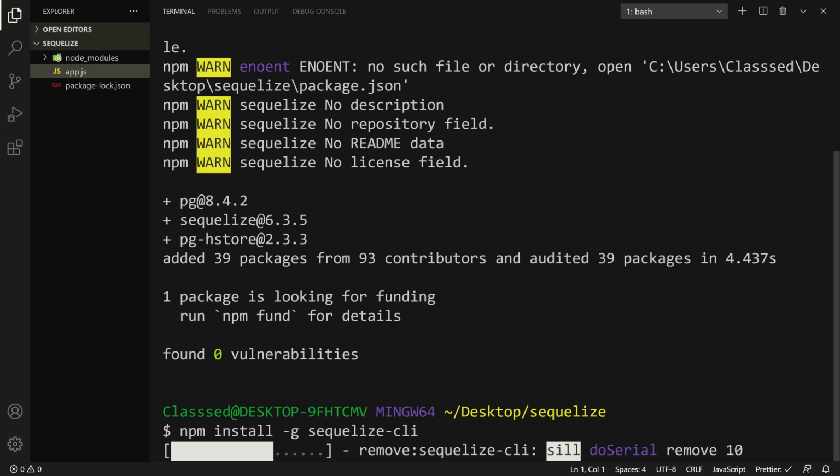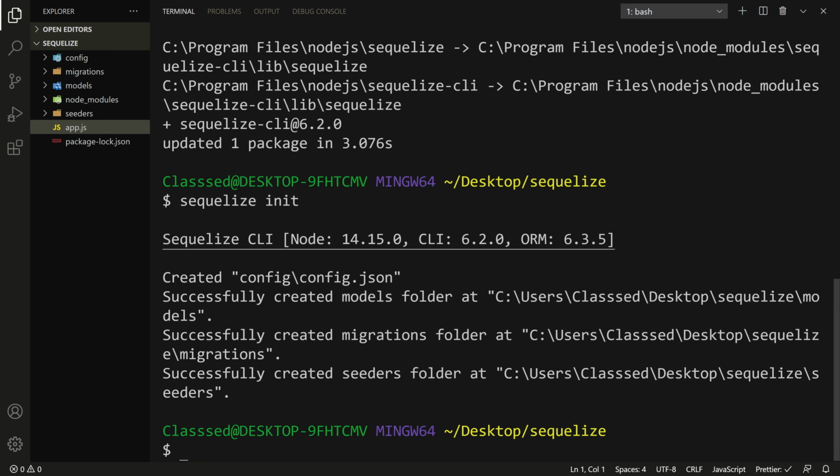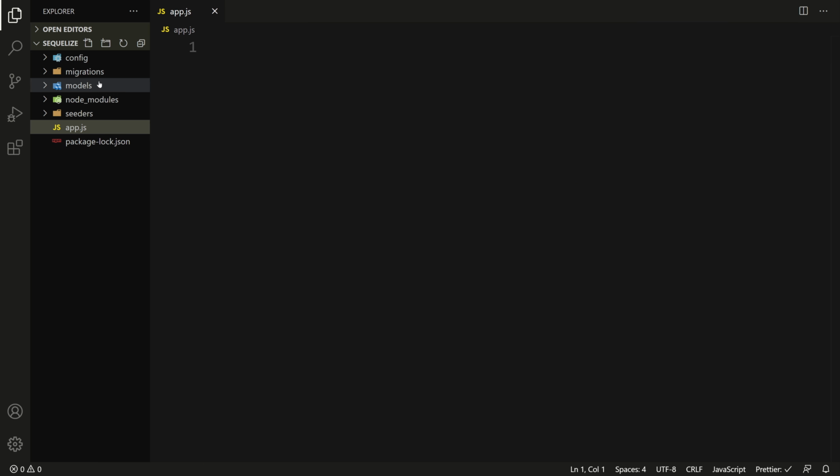And this is a nice tool that lets us do so many things with Sequelize. So the first thing that we're going to do is we're going to say sequelize init, which is going to initialize Sequelize in our project. So it's going to create a bunch of stuff. First thing, let's go top to bottom. We have